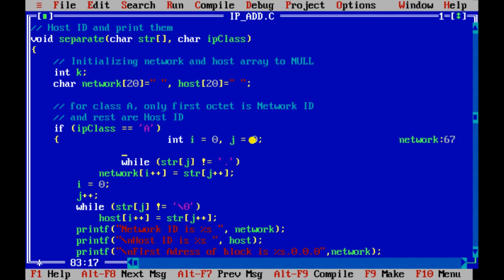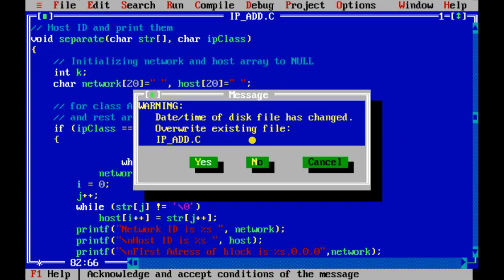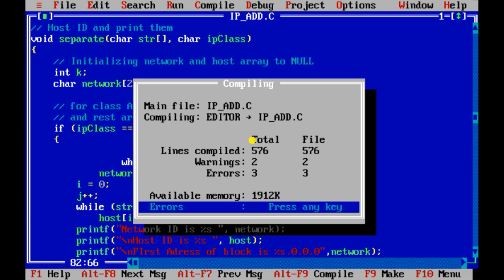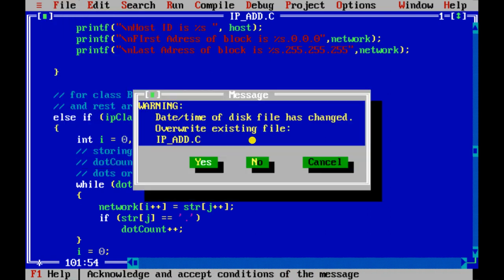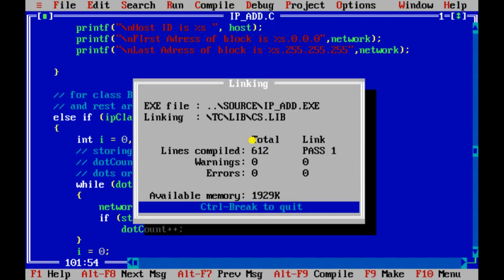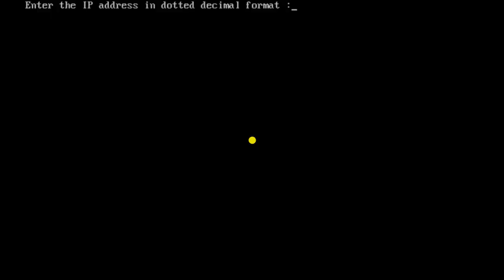Yeah, I think there is something still remaining at the end. Yeah. See, now it is asking to enter any IP address in dotted